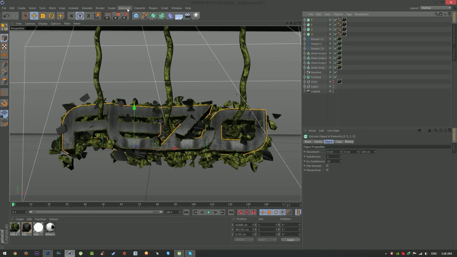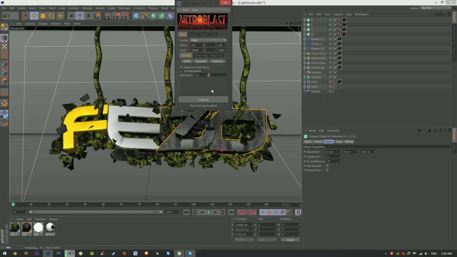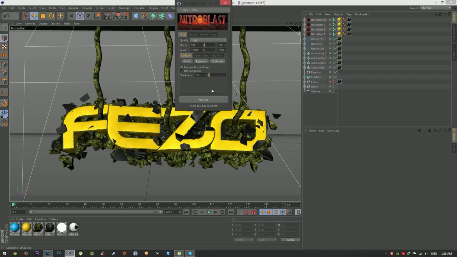Go over the plugins, Nitroblast main, change the quality high. This time select 100 pieces and thickness make it 5% and click fracture. So it takes few seconds, depends on your PC. Okay,